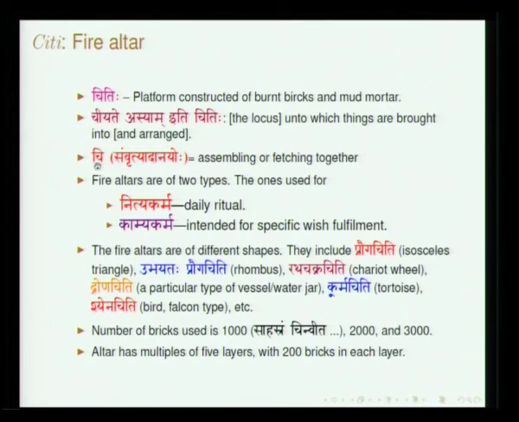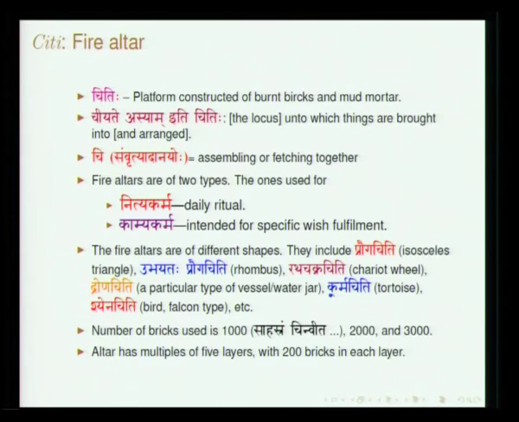In fact, for those who are more interested in knowing the details, Chiti Samvrit Yadanayoh, this is how the word has been defined in the Vyakarana text. These sacrificial altars are primarily for two purposes, one is for kamya karma, the other is nitya karma. Agnihotra itself is considered a nitya karma, wherein you have various kundas. One will be in the form of a circle, the other in the form of a semicircle, the other in the form of a square. The area of all the three has to be the same, that is how it is constructed. And there are various kamya karmas.